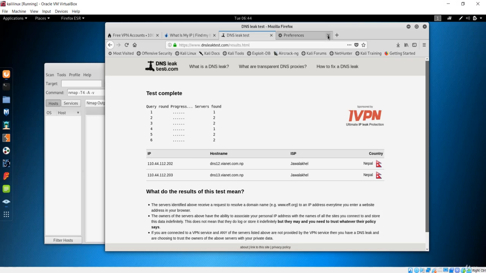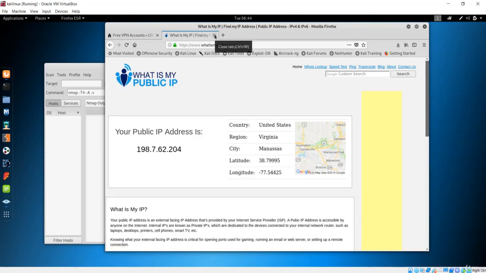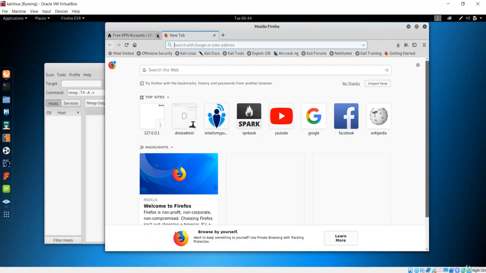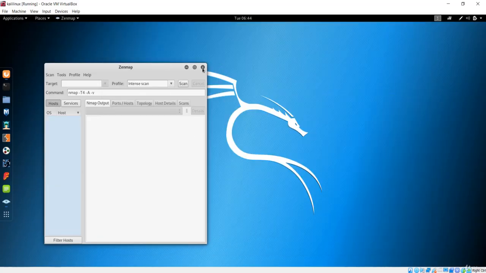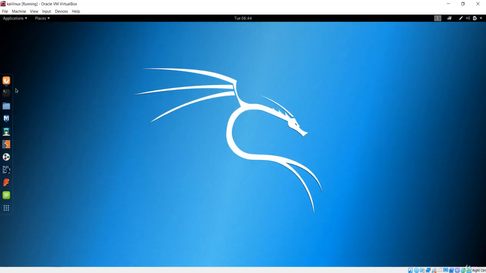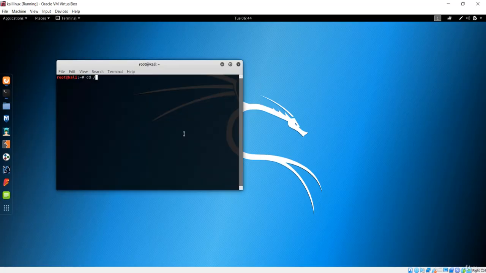So let me configure the proxy chains, and I've already told you before that proxy chains comes prepackaged in Kali Linux, so we don't have to install it manually. Let me just remove this Genmap2. Now first of all, you will open your terminal as always. Let me open this terminal and go to this etc folder. And now we have to configure the proxy chain.